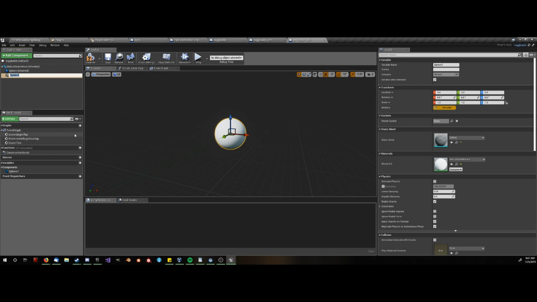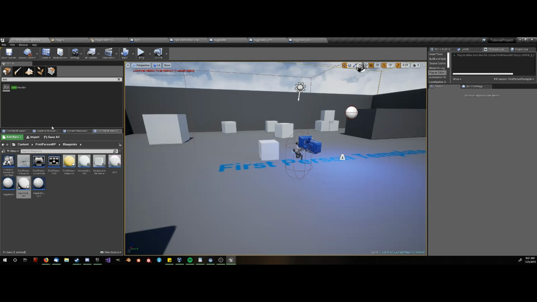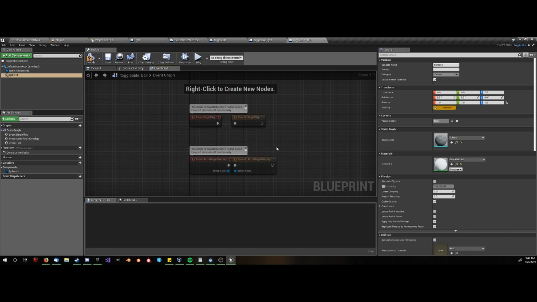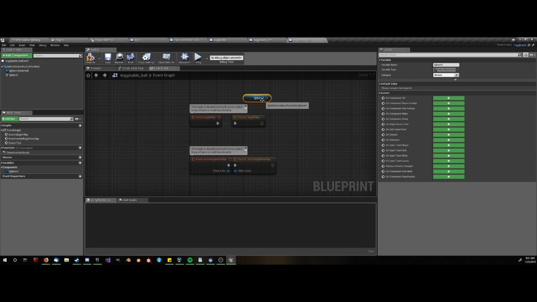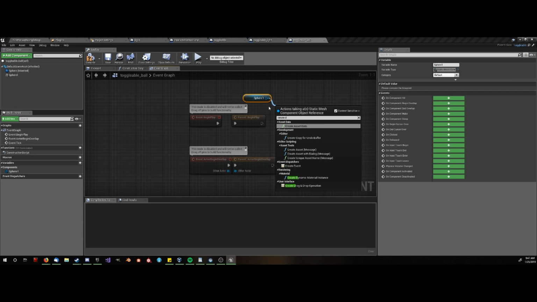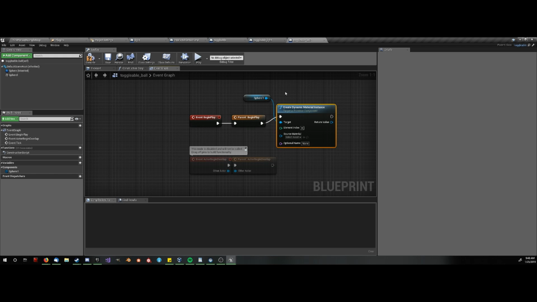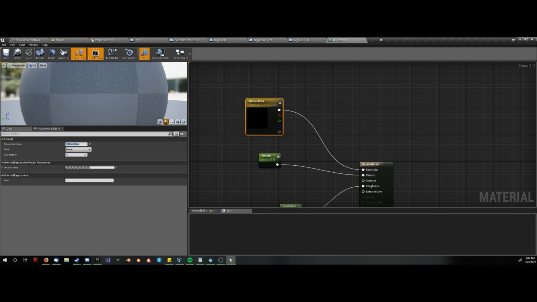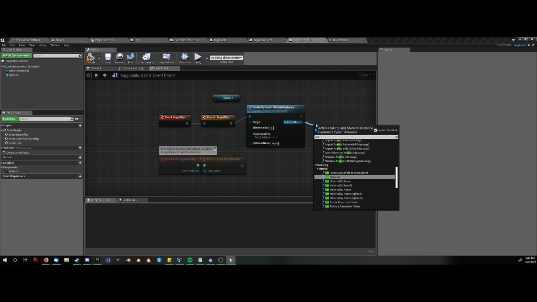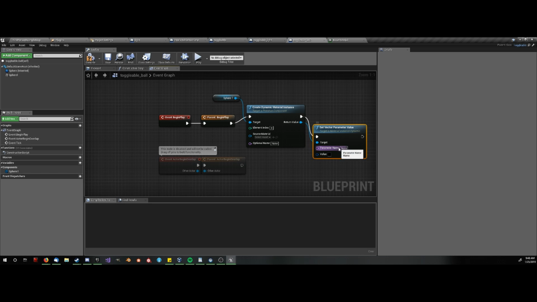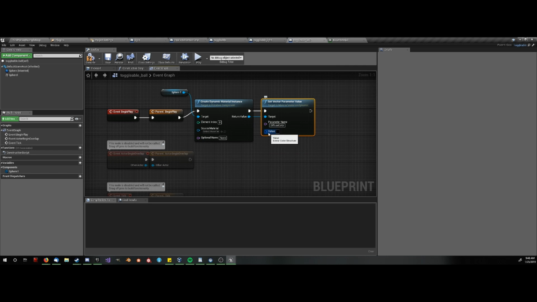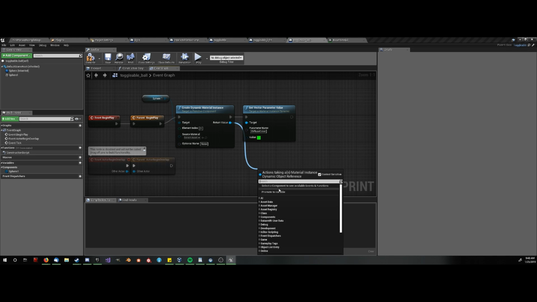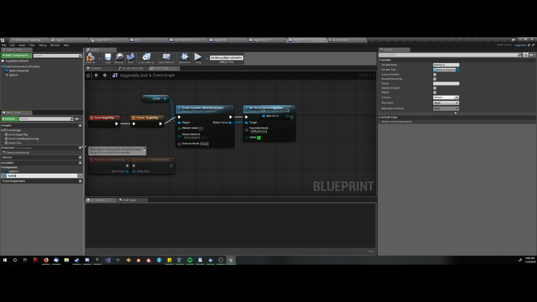Add a sphere and change the material to be base material, and event begin play. We'll just grab this, create a dynamic material instance, and then what is the name of the parameter in base material? It is diffuse color. Just copy this out of here, set vector parameter value to be diffuse color, and change this to be green, and then promote this to a variable. We'll call this material,